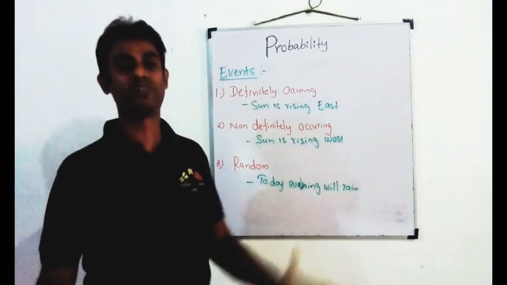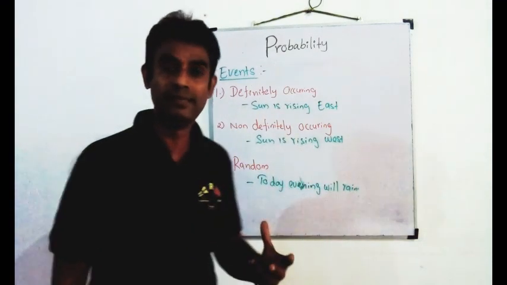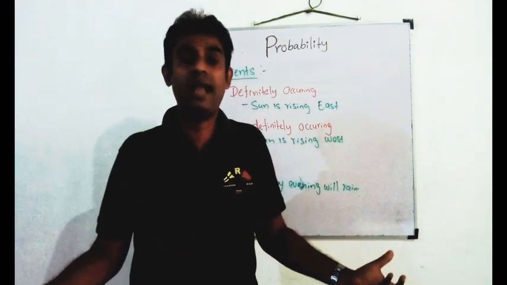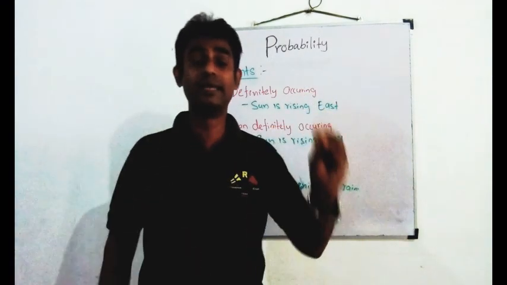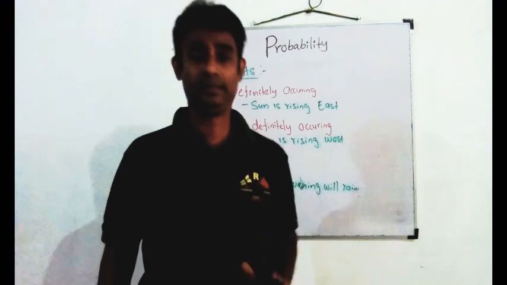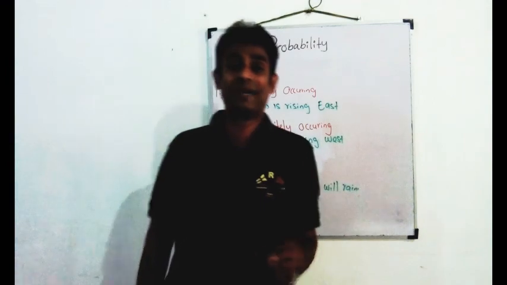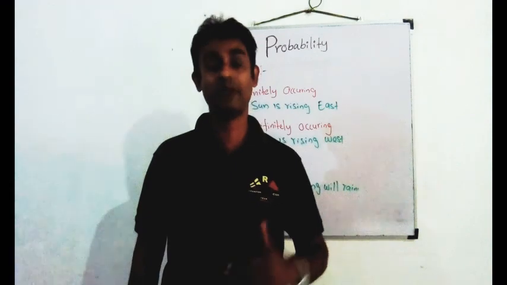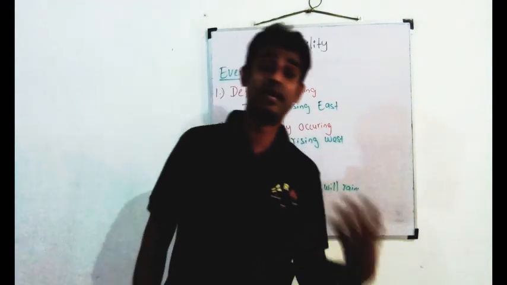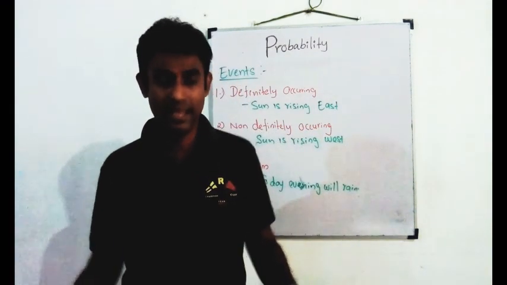Never. It never happens. The other one is the random event. Random means it may or may not happen. We can't express an idea at present about the future. Take a cricket match, Sri Lanka versus Pakistan. We can't tell before the match. Sri Lanka may win, Pakistan may win. That is random. In a race,